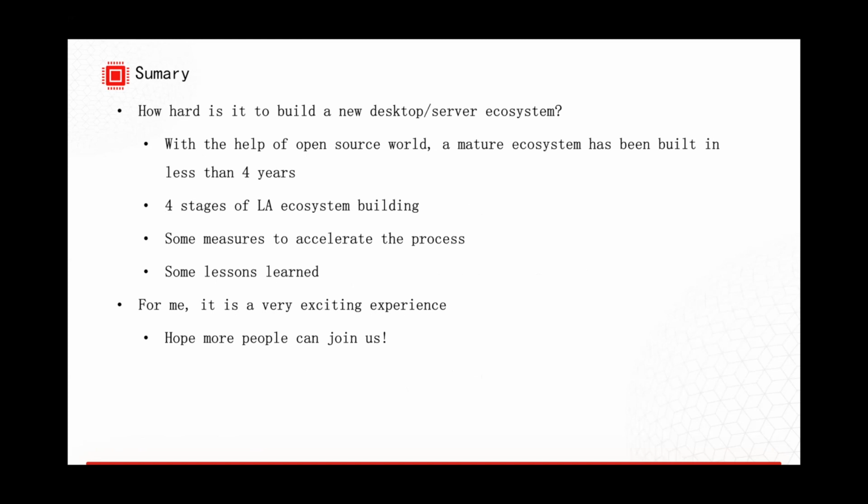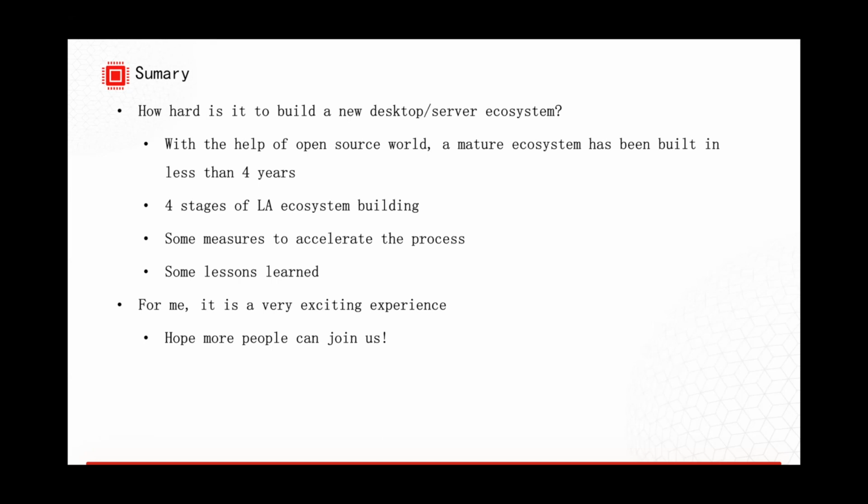So I have a short summary. The talk tries to share the experience of how hard it is to build a new desktop and server ecosystem, and how hard it is to bring out a new ISA. The answer from our experience is that with the help of the current open source world, a mature ecosystem has been built in less than 4 years. This is unbelievable for many experts, even now.